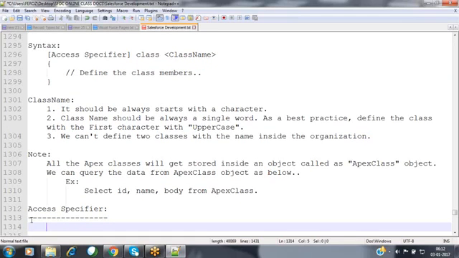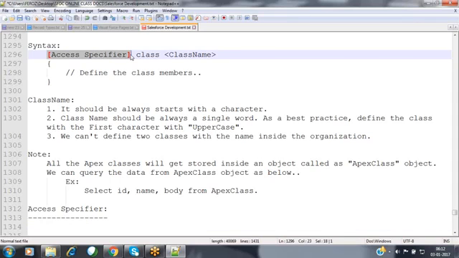Whenever you are defining a class, we have to specify the access specifier. I have specified it inside square braces, which means it is not mandatory, it's optional. You may specify it, you may not. What is the significance of the access specifier?